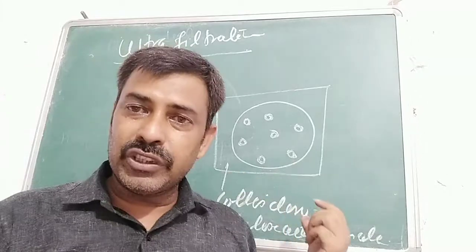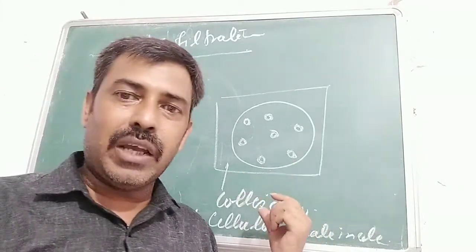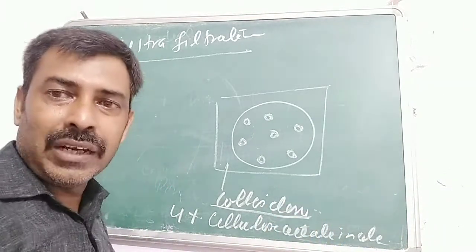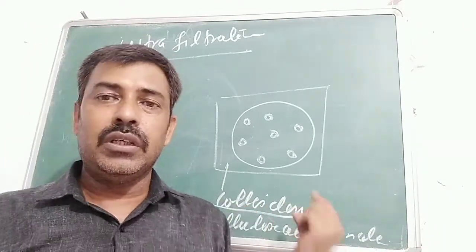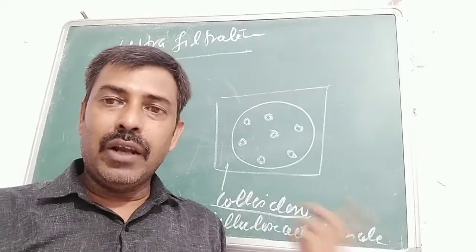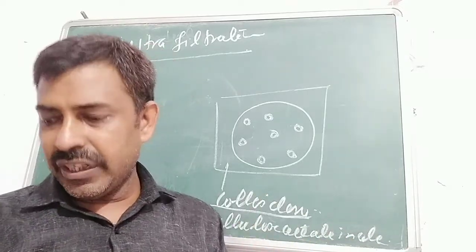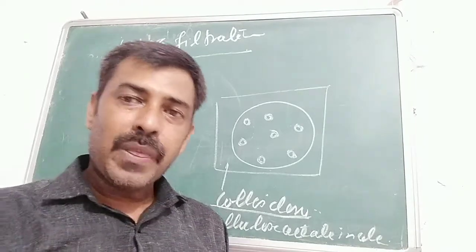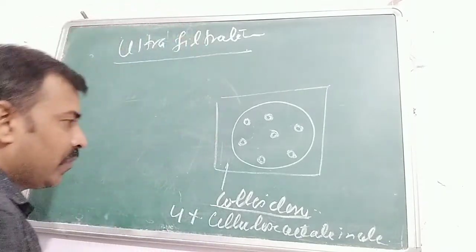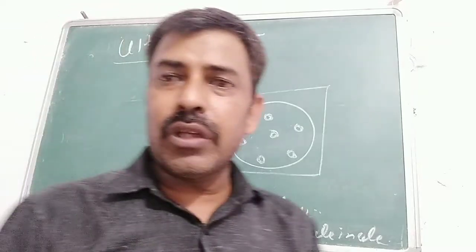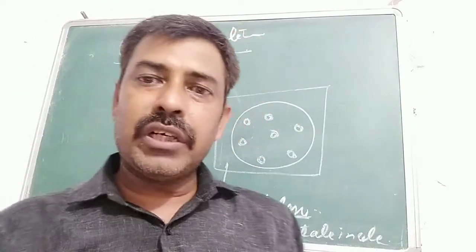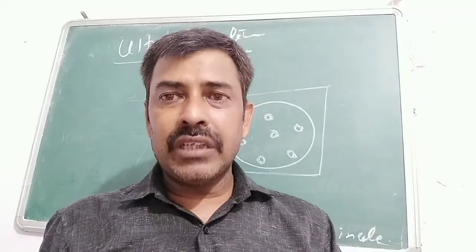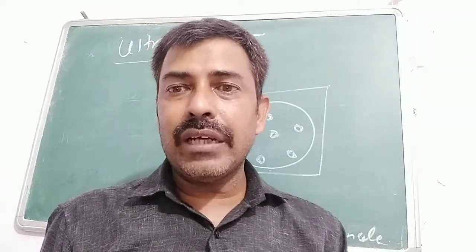When you see the questions, generally it is asked what are the collidons. Then collidons are the 4% solution of the cellulose acetate in alcohol or ether. That is called the collidon, that is used to convert the general filter paper into the form of ultra filter paper. Now we have studied about the preparation of colloids, what the colloids are, as well as the filtration or the purification of the colloid.